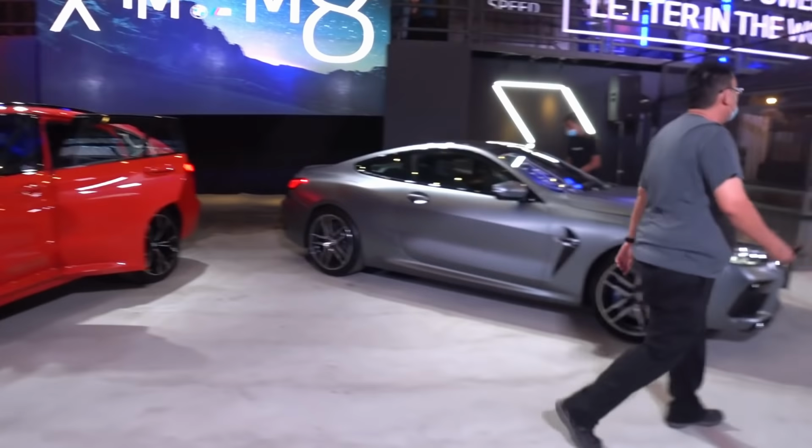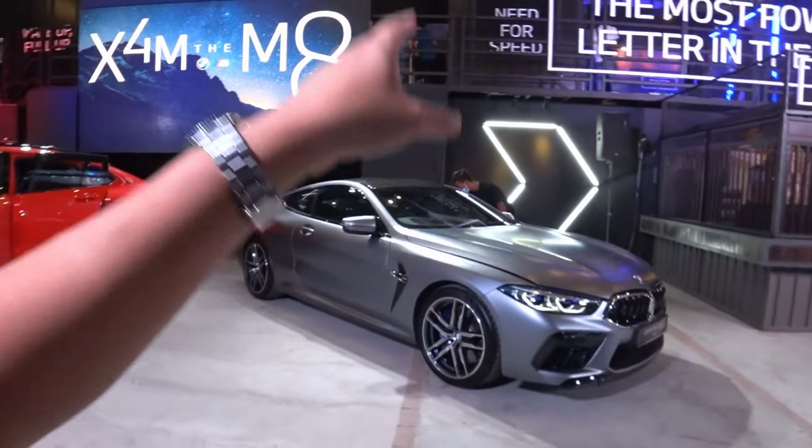KY and us are very good friends. Bobby always holds him up as a poster child example of why the 5-liter M engine V10 is not as scary as a lot of people say it is. But you just have to find one that's well taken care of. If you want to buy a car, always ask people with real experience. Don't ask people who don't own one, because they'll tell you all sorts of stuff that they read on the internet. So if you're looking to buy that 5-liter V10 M5 or M6, take KY's word and just buy. Meanwhile, coming back to the present, this is the BMW M8